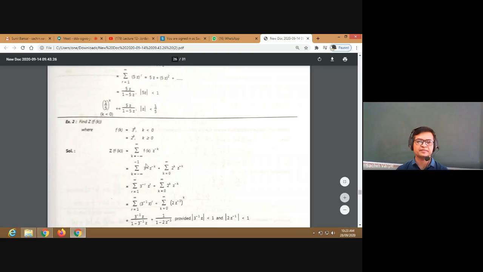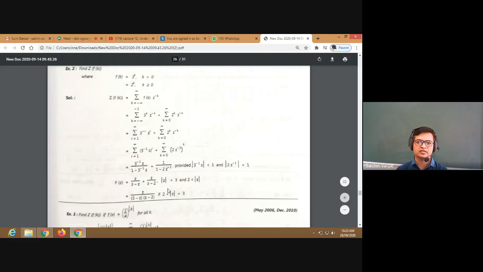And then by splitting the summation, first of all, they have converted these negative positions to positive positions by the substitution k equals minus r. All right. And then by splitting the summations, we are getting the geometric series for both of these parts, and both those geometric series converge to their limit points if and only if the mod of their common ratio is less than 1. So in the first part, mod of 3 raised to minus 1 z is less than 1, and in the second part, mod of 2 z raised to minus 1 is less than 1.